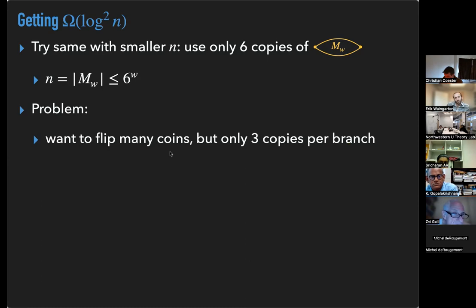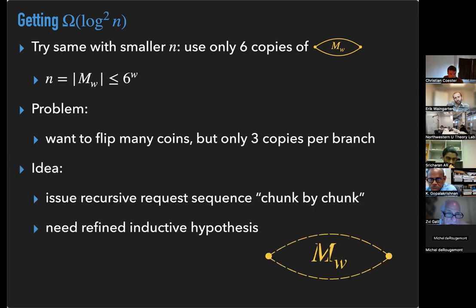So the problem is that each call of the recursive sequence would advance too much already. And the way we solve this is that rather than calling the recursive request sequence all at once in each step, we only call a little piece of it. So we advance the recursive sequence only by a chunk, and then a next chunk when we again flip the coin that tells us to advance on that side. Okay, so to make this formal, we need a more refined induction hypothesis